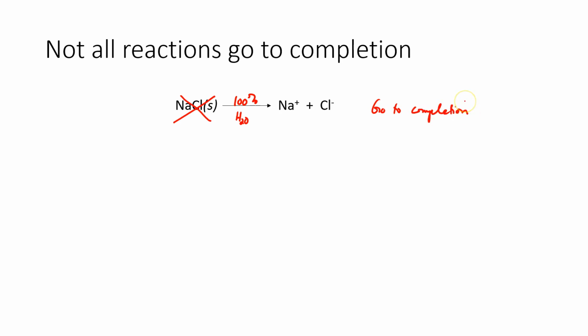But if we try to do the same thing with barium sulfate, something different would happen. Only about 1% or so of this barium sulfate would dissociate into barium and sulfate ions in water. Instead, what you have here, as I'm sure you recognize, is an equilibrium. And I like to abbreviate equilibrium as EQ, and that's what this symbol